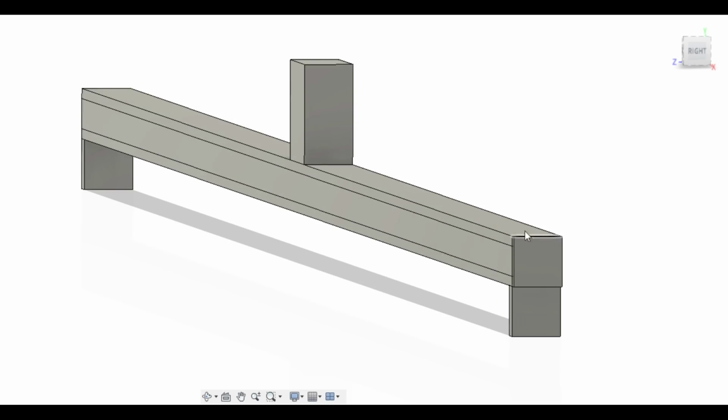As it flexes along the top side, you're creating compression. It's smushing together. But on the bottom side, you're creating tension. In other words, that force is acting to pull it apart. These are opposing forces. So what this means is that the closer to the center of the member you get,